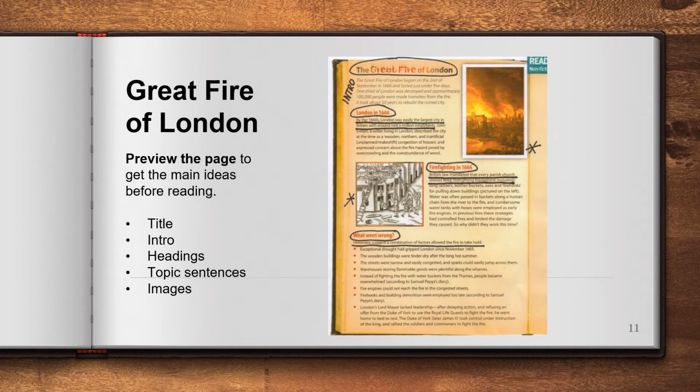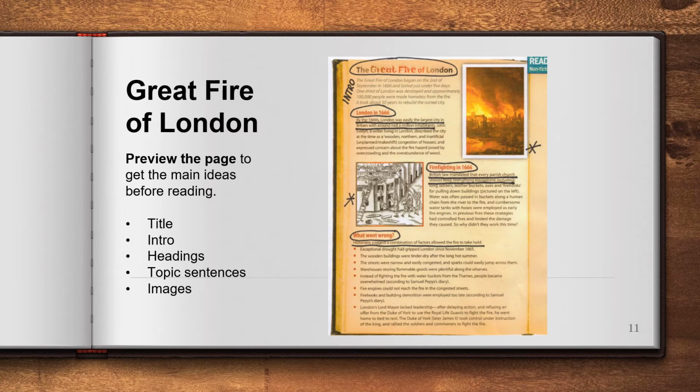So let's have a look here at this page, which is about the Great Fire of London. And you can see that before you would start reading this page, you preview it. So when you're looking at the page here, the title's been previewed up the top, it's been circled, so has the heading, the introduction paragraphs had a little intro written next to it, the image has been asterisked, actually two of them have been, and you might notice that there are some lines that have been underlined, and they are